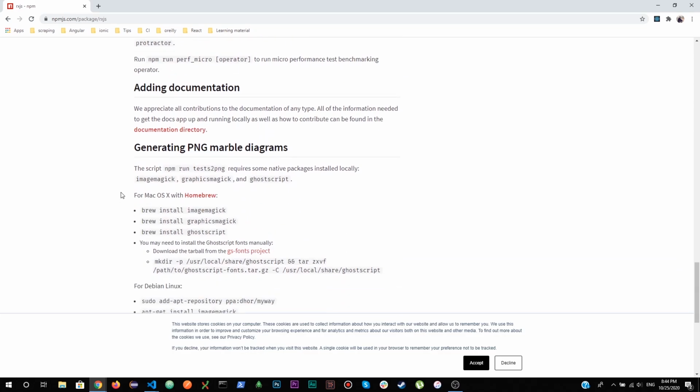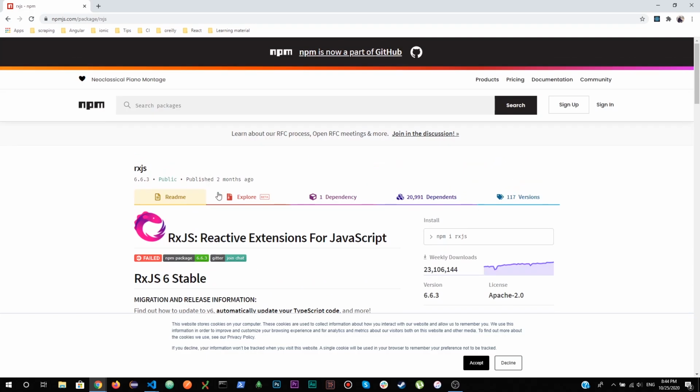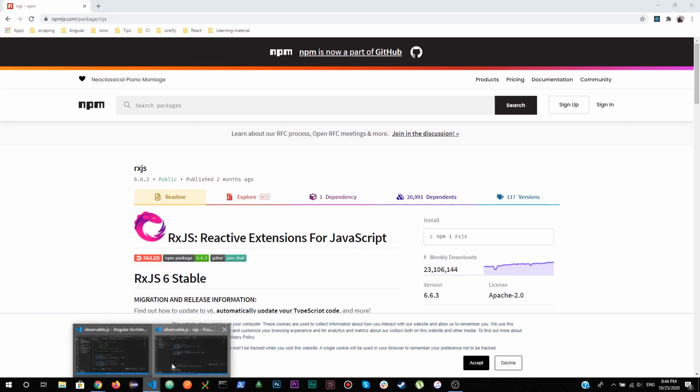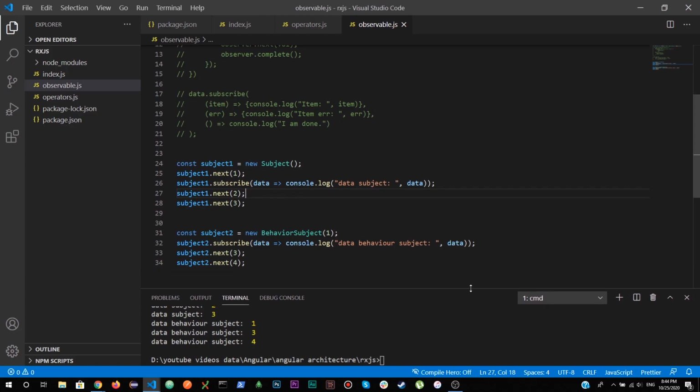So there are a lot of functions and operators within RxJS, and you just need to go through its documentation, and you can learn a lot from it. You just need to be an expert while you are manipulating data using RxJS. For this video, I was just covering the basics and fundamentals of RxJS. This is a part of Angular architecture I'm explaining again, and I'm going to be creating more videos about Angular, and I'm going to be using RxJS again while I'm creating a new Angular project, right?